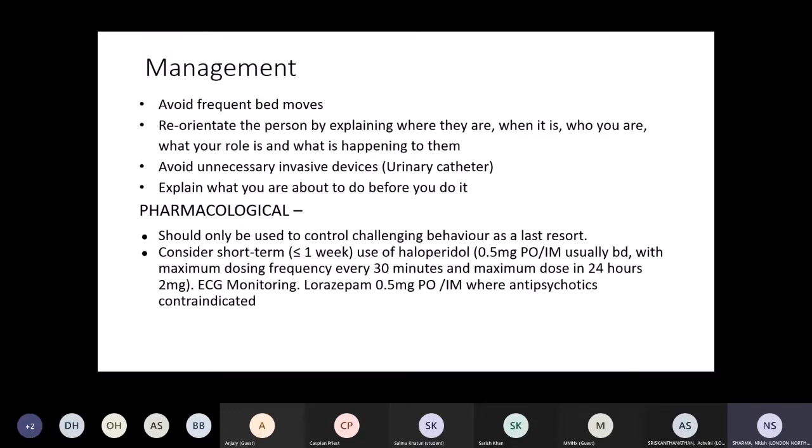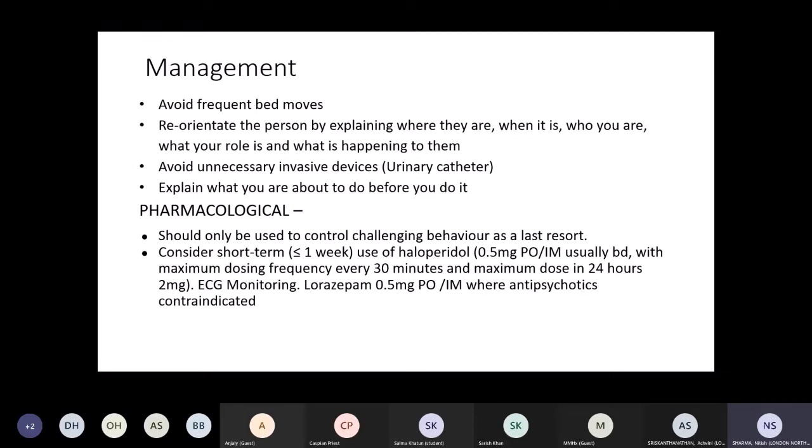So sometimes a patient comes to A&E and we would just insert a catheter just because we think it is a UTI and the patient is retaining, but it would only lead to more delirium. A patient who's fine on admission would end up being delirious because of multiple invasive devices like a catheter. So with every procedure, even with taking blood, you need to explain in detail what you are going to do. If the patient is not able to understand, it's very important you take your time to make the patient aware of what you're about to do.